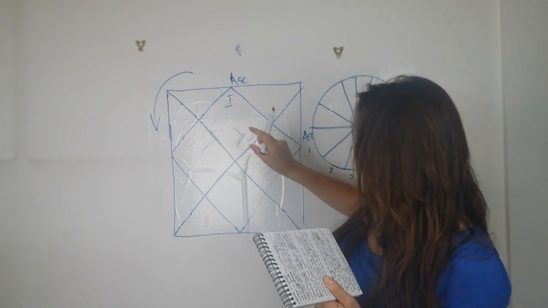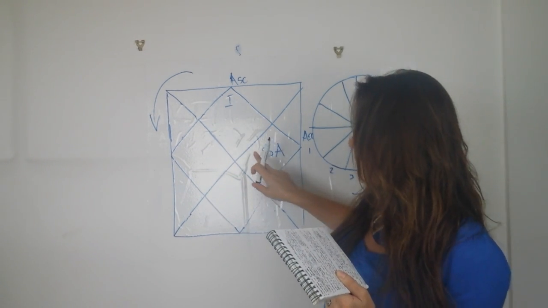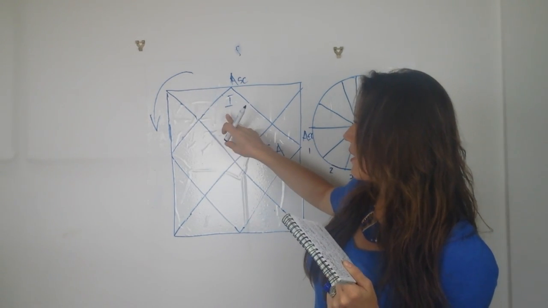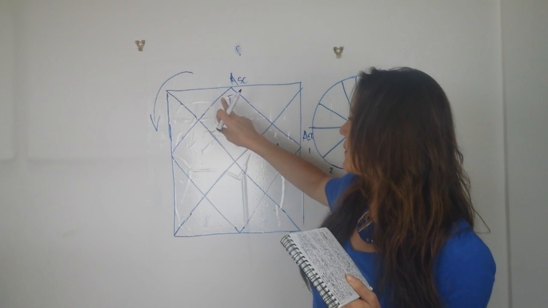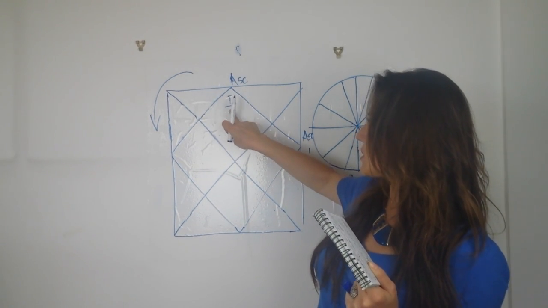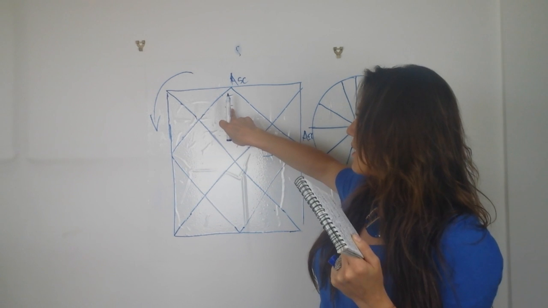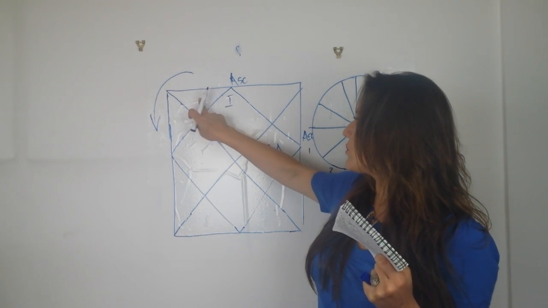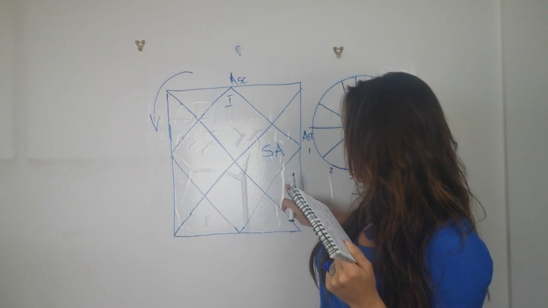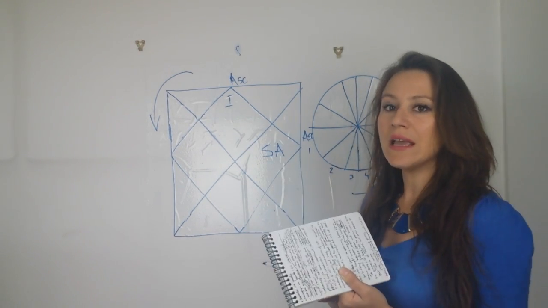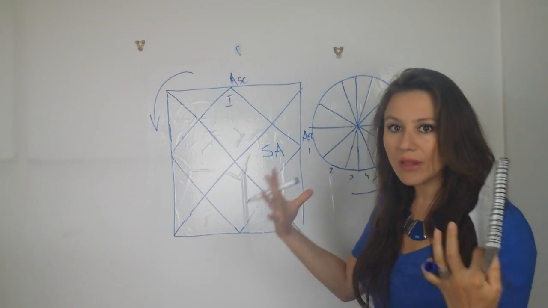in the 10th square, the squares represent signs, squares and triangles in this chart. So 1, 2, this is always the beginning of the ascendant. The beginning of the horoscope starts from this square, from the ascendant, from the first house, and counting 10 from there: 1, 2, 3, 4, 5, 6, 7, 8, 9, 10. If Saturn is in this 10th sign from the ascendant, it means that you have Saturn in the